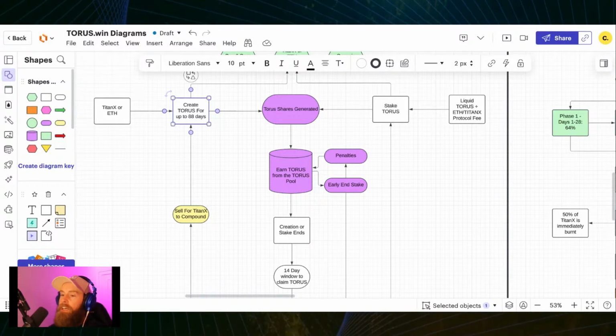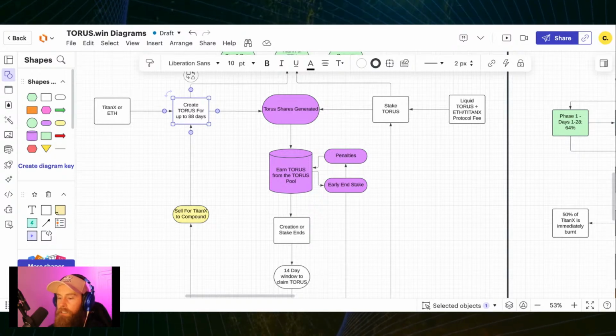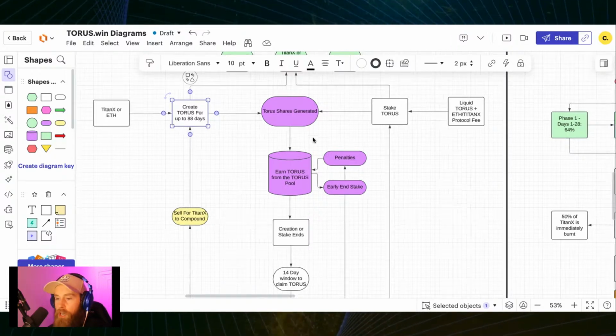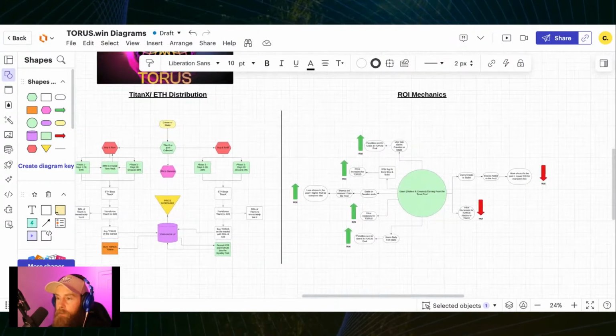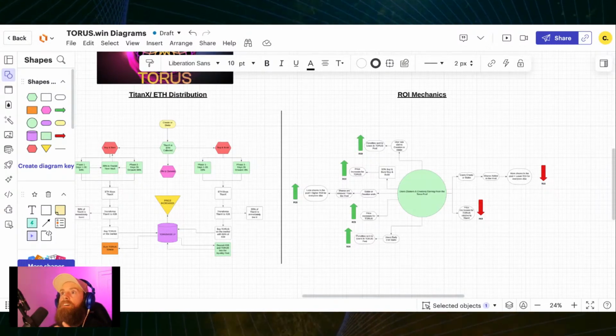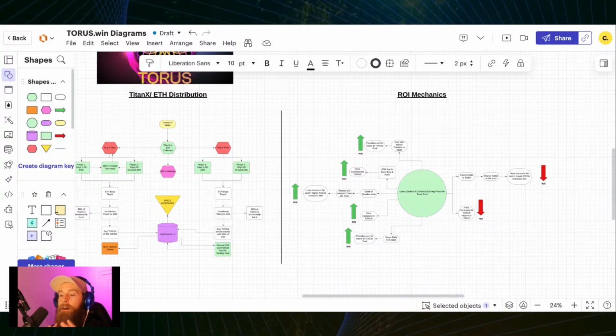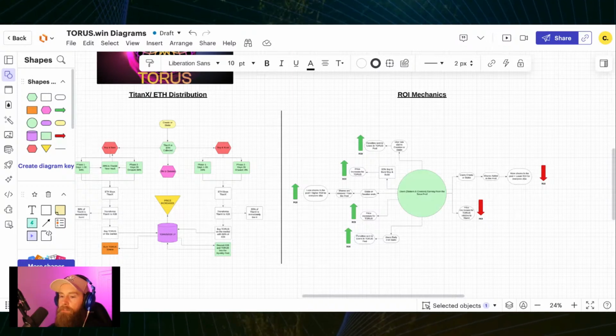DApp integration. And I'll see if I can give you guys a sneak peek at some point soon on the DApp, because I know that when it comes to this stuff, it's so easy to look at these flow charts, look at all this stuff and just kind of feel dizzy from it all, right? And that's not what I want. This is to understand how to utilize the system, how much impact the system could have, how profitable the system can be. It's flywheel mechanics and how it helps Titan X and how Titan X helps it, and so on and so forth, right? But none of this illustrates the simplicity of it from a user experience.